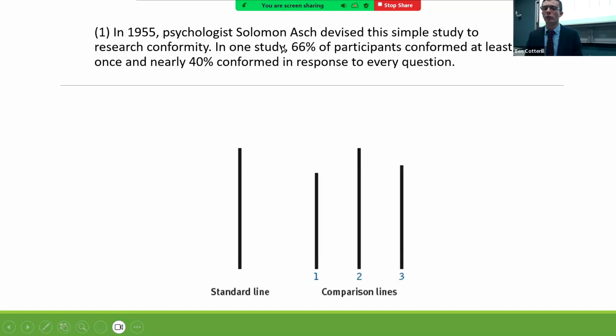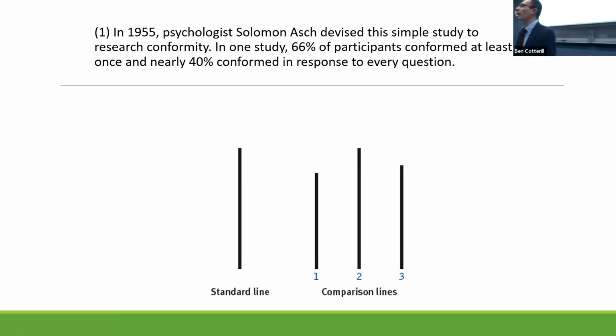2/3 of the participants, so 66%, conformed to the group at least once in the experiment, and 40% of them conformed every single time. Okay, so every single time they gave an answer that was quite obviously incorrect, but going along with the group. Now, we can think of a number of explanations as to why one doesn't want to stand